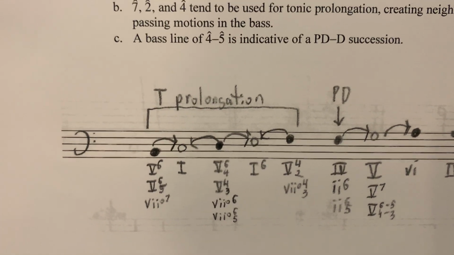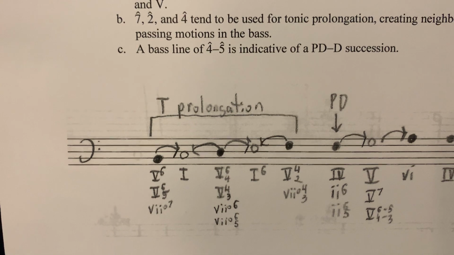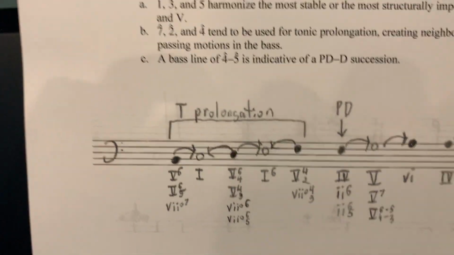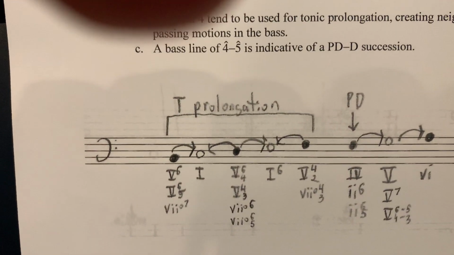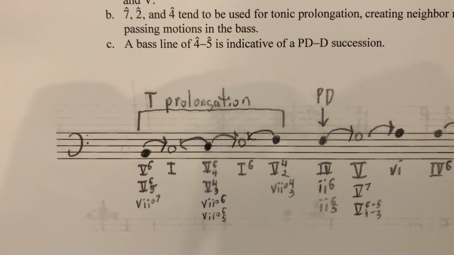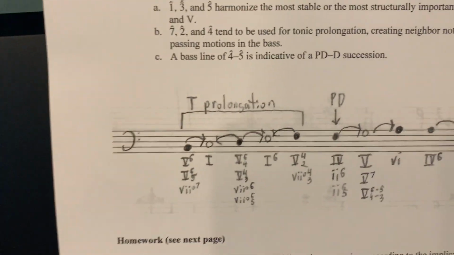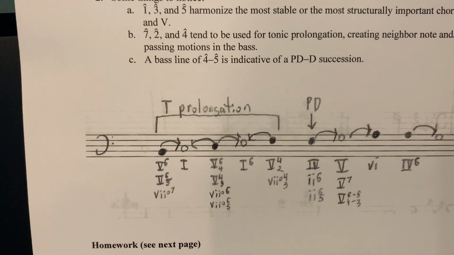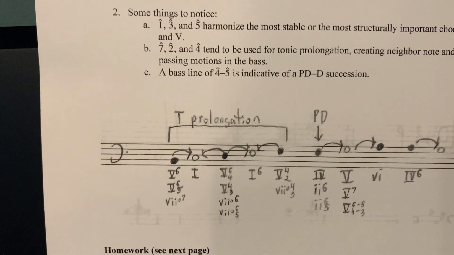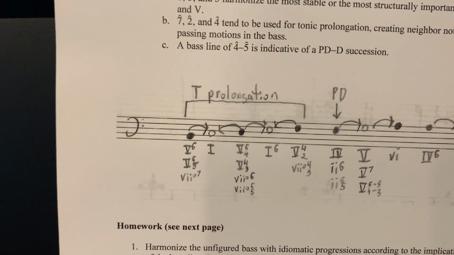Fa to sol bass, I'm going to think predominant, and it's going to be one of these chords, the 4, the 2, 6, or the 2, 6, 5. You recall, that's the main predominant you always want to think about. That's the one that's so common in the repertoire, fa to sol basses. So that could be 4, 5, could be 2, 6 to 5, or it could be 2, 6, 5 to